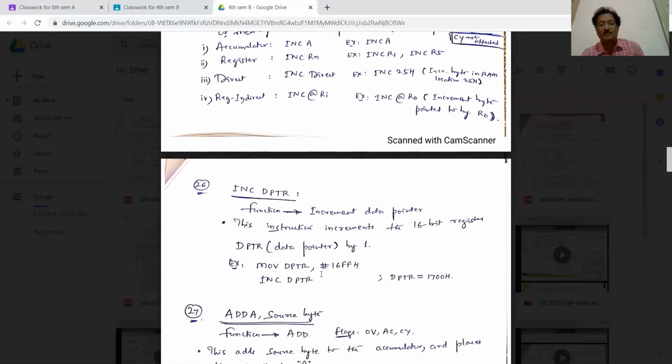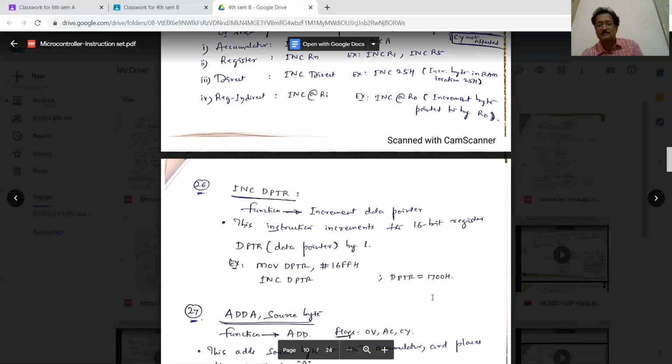MOV DPTR, comma, #16FFH. So what it does, it first assigns 16FF to DPTR. When you write INC DPTR anywhere in your program, what happens? 16FF is now incremented by 1, and your next address as far as DPTR is concerned is 1700.